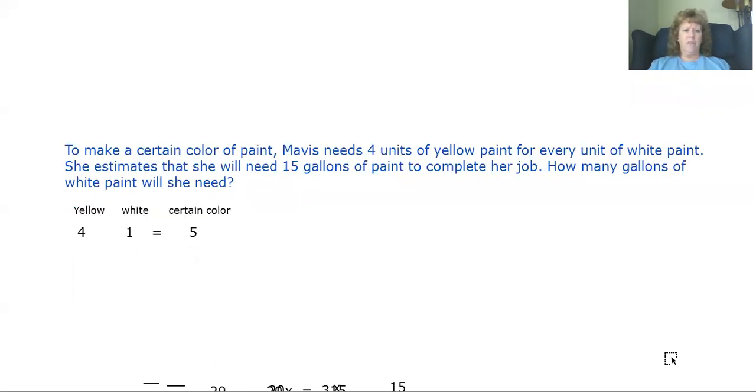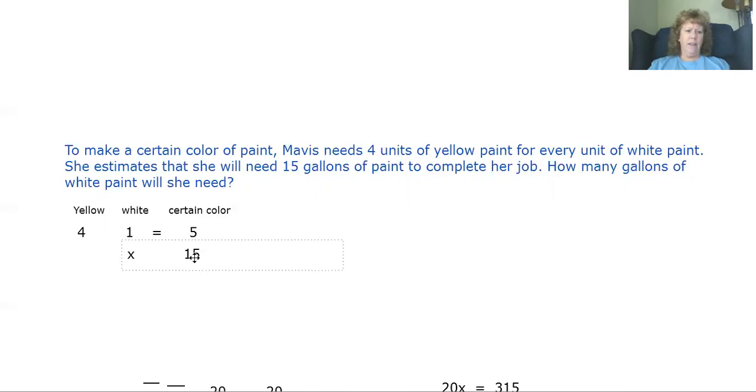To make a certain color of paint, Mavis needs 4 units of yellow paint for every unit of white paint. She estimates that she will need 15 gallons of paint to complete her job. How many gallons of white paint will she need? So here we have some notes that 4 yellow and 1 white, that would equal 5 gallons of the new color. So now we need to know, if she needs 15 gallons of that new color, how many white will she need? So 15